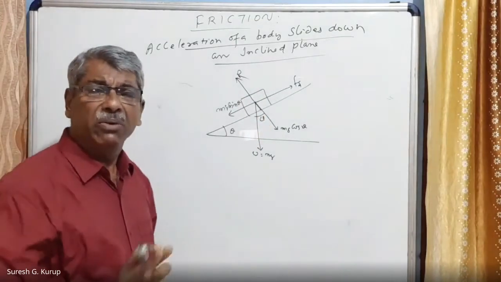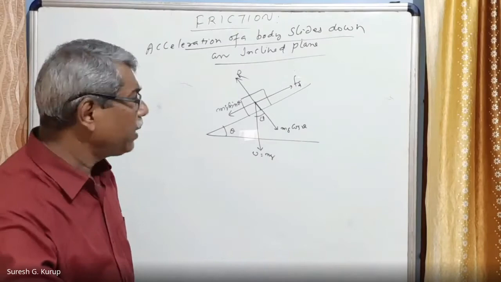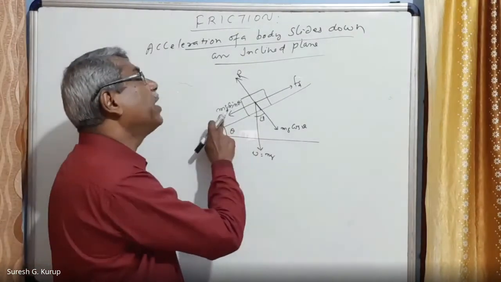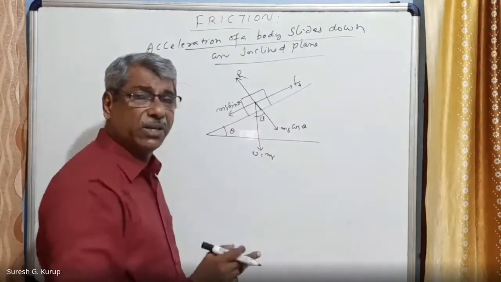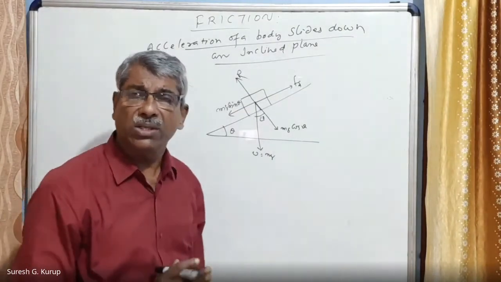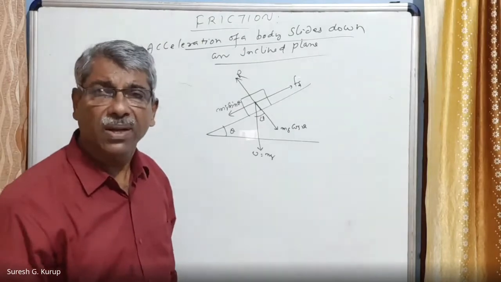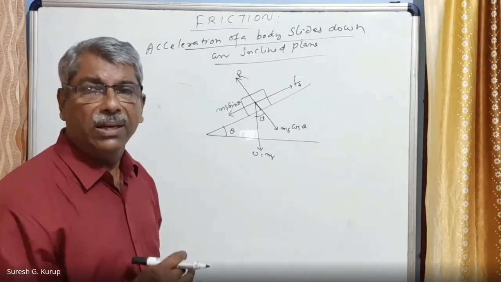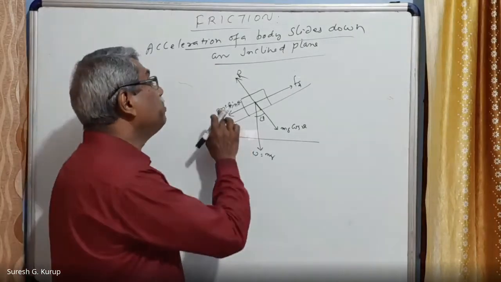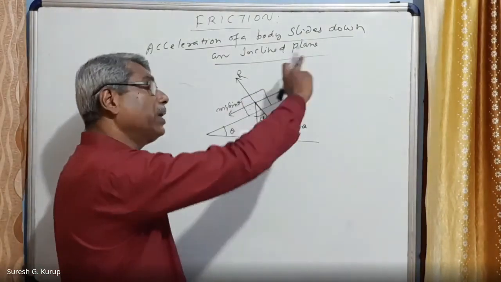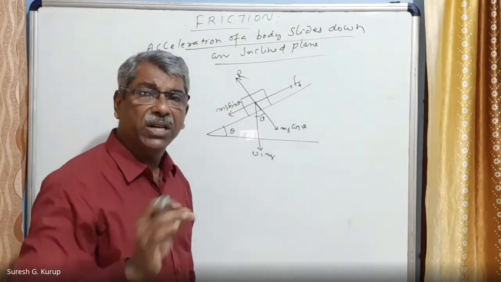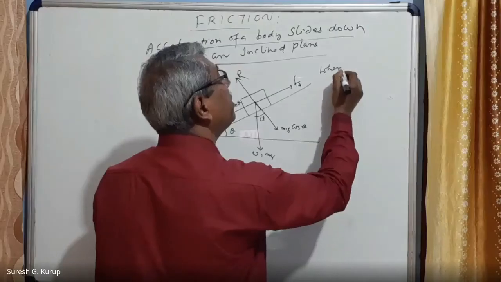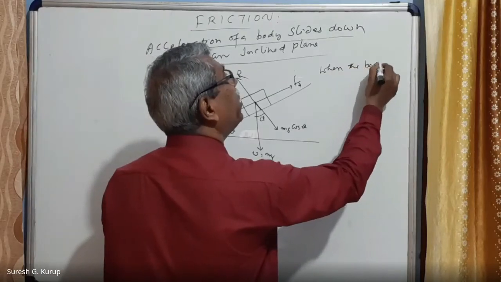We have to find the acceleration acting on the body. Suppose the body is moving down, which means mg sin theta must be greater than Fs. Fs and mg sin theta both act along the same line but in opposite directions. Suppose the body is sliding down the inclined plane. Then the net force is mg sin theta in the forward direction and Fs in the backward direction. Therefore, the net force when the body slides,